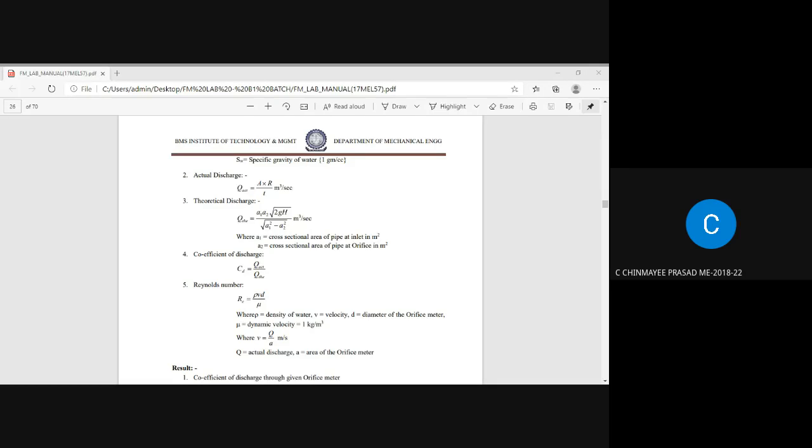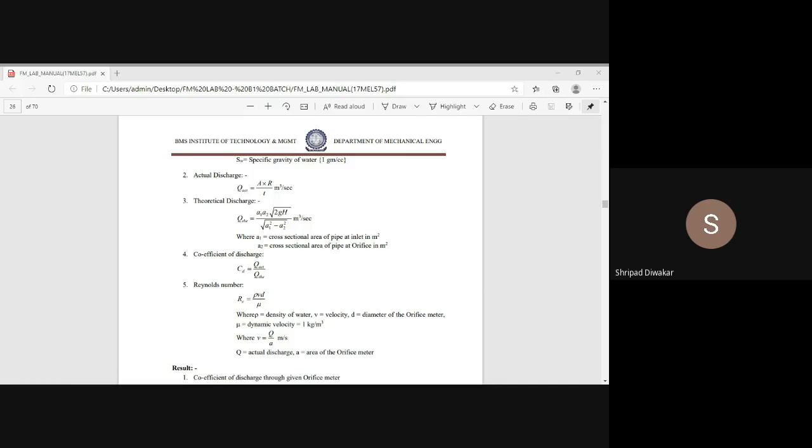0.0626. Reynolds number? Yes, sir. Wrong. For V calculation we've taken D2, the diameter of the orifice, which you have taken in meters. How much have you taken? 12.5 into 10 power -3. Can you do it once again? I think somewhere went wrong. Do see the calculation once again.